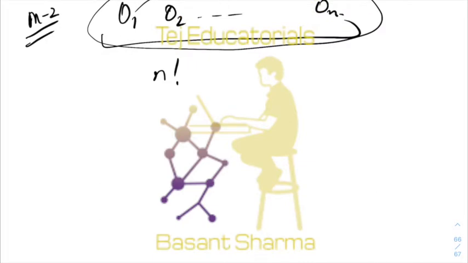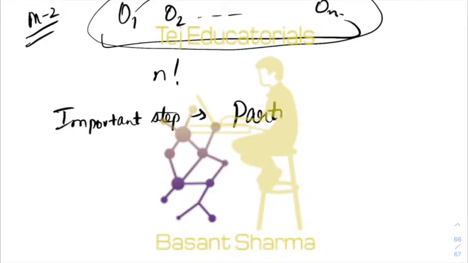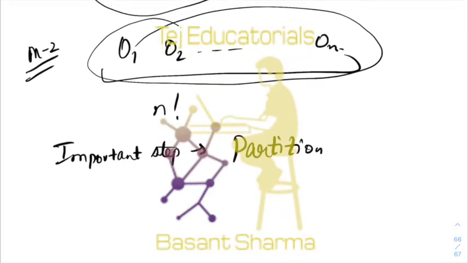So do one thing. Just partition the arrangements into groups. The important step is, basically our strategy is, we have n factorial arrangements. Now out of these n factorial arrangements, we will start depermuting. Depermuting means that we will remove the excess arrangements. We will keep only those arrangements which are relevant for grouping. Now we will do this in the following way.